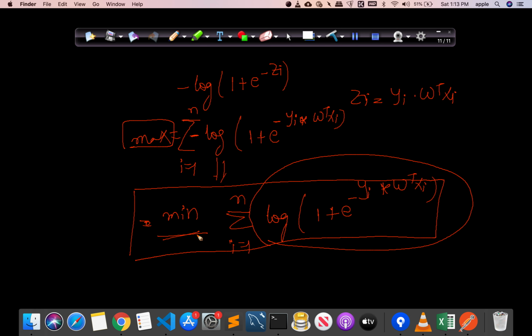If it is not clear how this negative sign changes maximum to minimum, we can take some example and see that. Even if it is not clear to you, you can also just learn it by heart. If it is still not clear even then, please do comment in the comment box, and I will make it clear, or I will make some more videos to make it more clear.